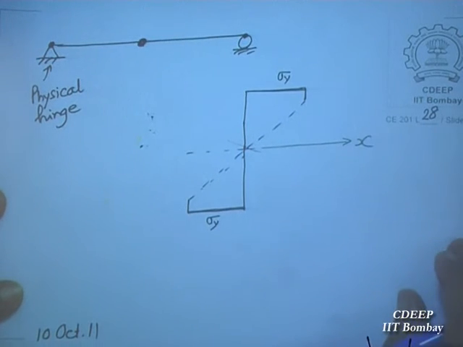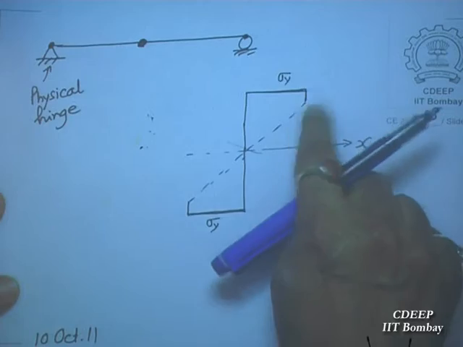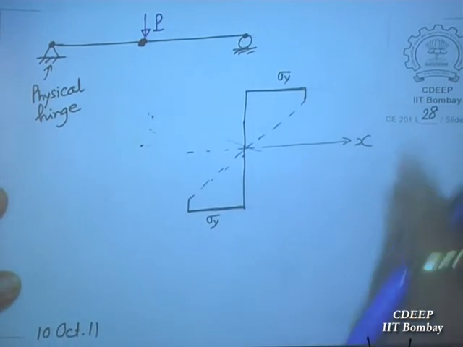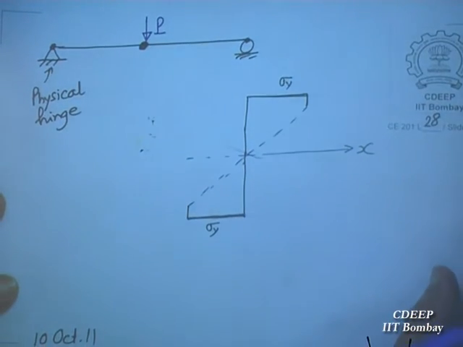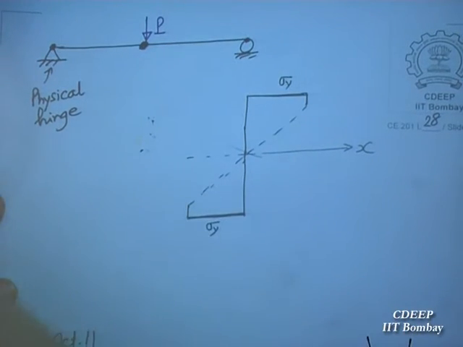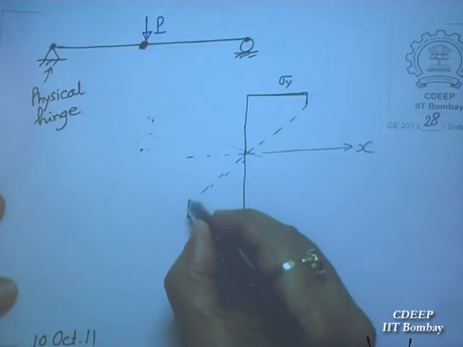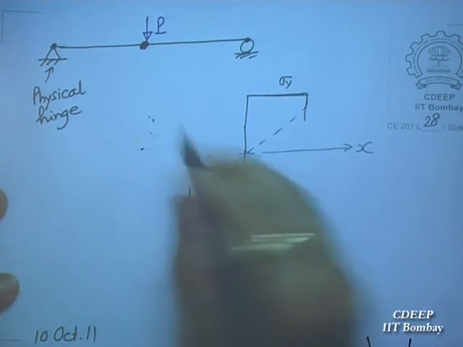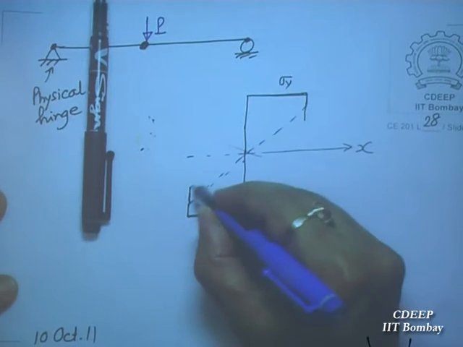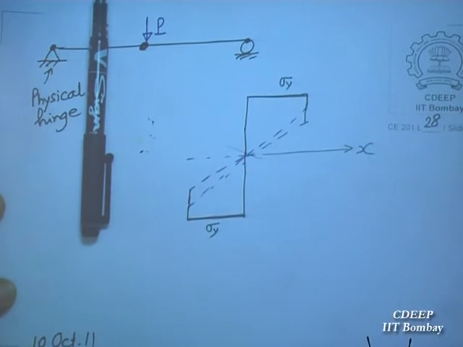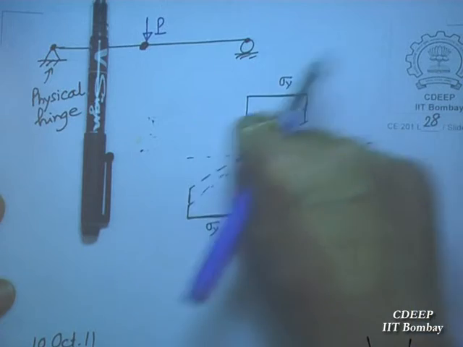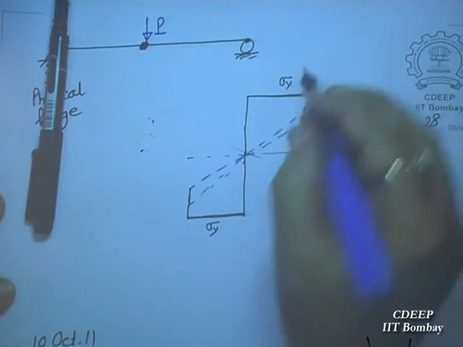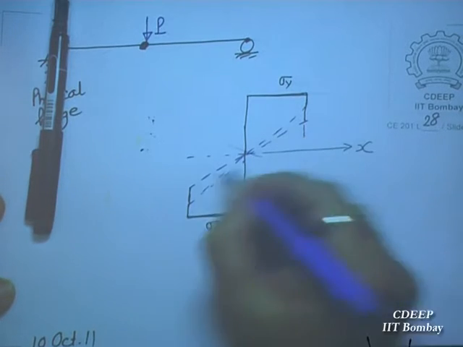This is like this. At that stage, for some value of P, there is a P here. Then again, as P increases, this is becoming like this, and this line is becoming like this, because this depth inside is elastic, but this has become plastic. This stress cannot go beyond sigma y. So sigma y. So like this it is going on